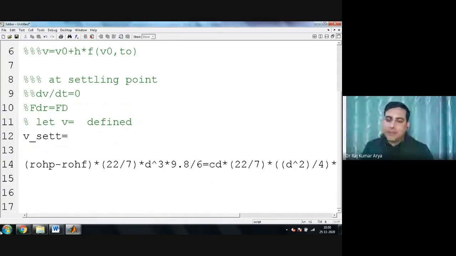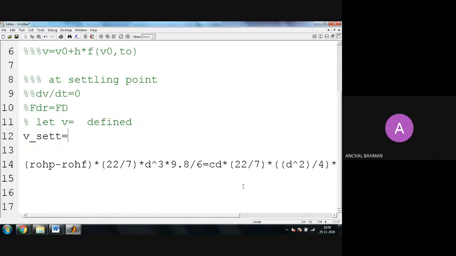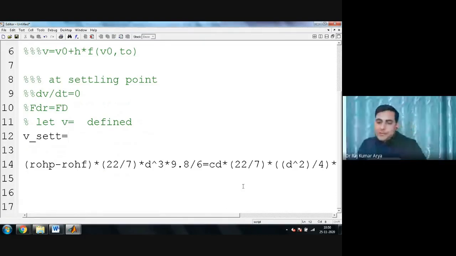Sir, your voice was lagging a little bit in between. Can you repeat what you said? So this equation cannot be solved separately. It needs to be clubbed with our original equation. So I would just change it here with the minus sign. I will write that original equation back.